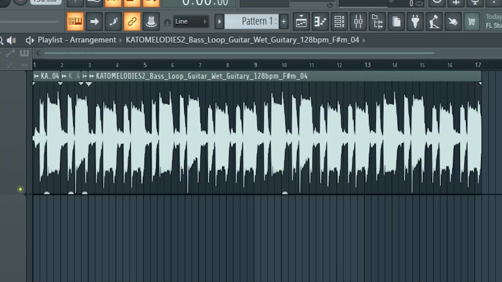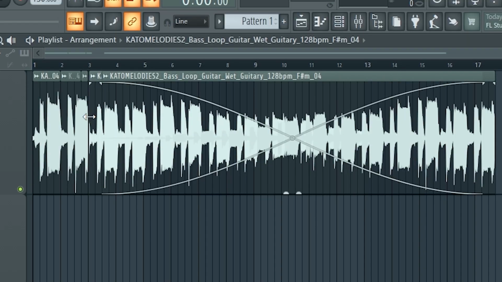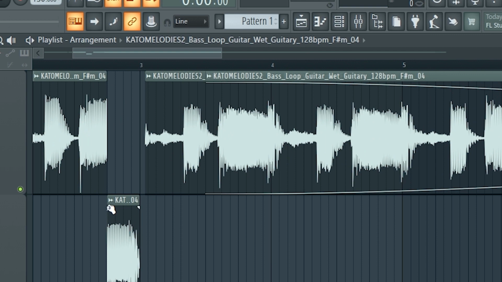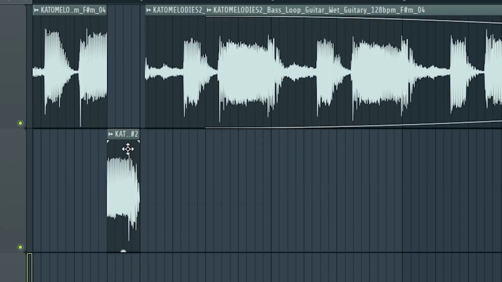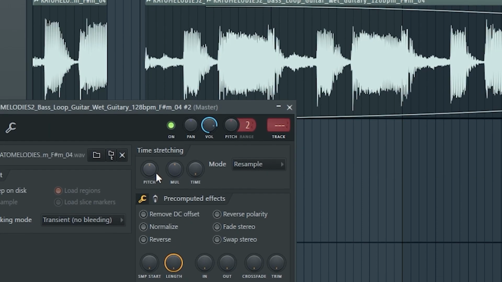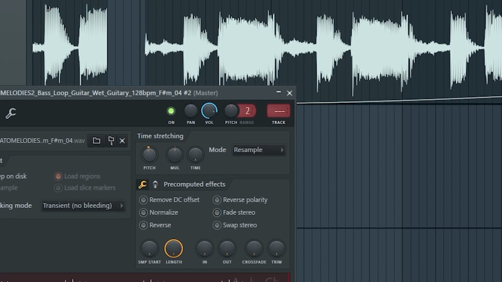Number 3, chop your loops. Do whatever you gotta do to be creative with your loops. Try not to get a loop and just literally loop it. Try to get a loop like this, chop it in half, chop that in half and the other one in half, and make one of the halves a different octave, reverse it, stretch it out, bring it in, put some delays on it, put some reverb on it, compression,